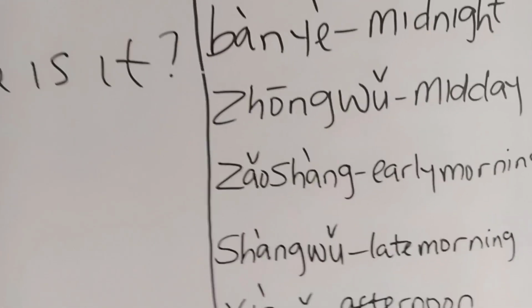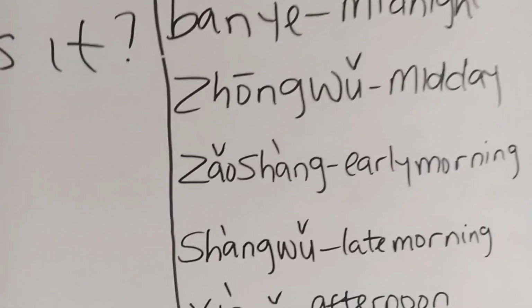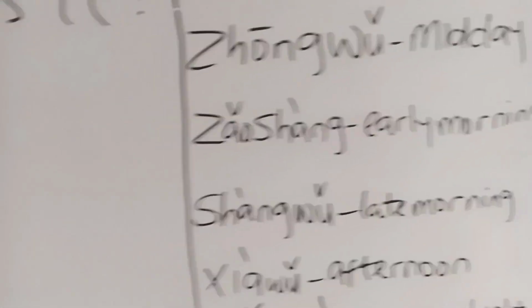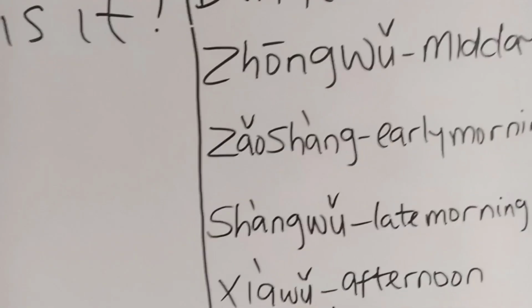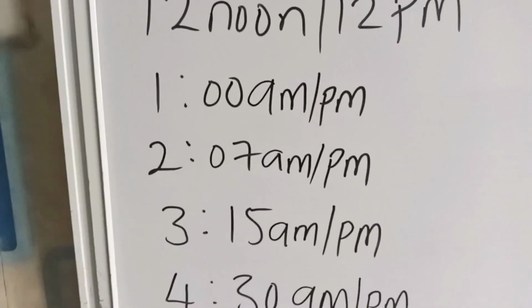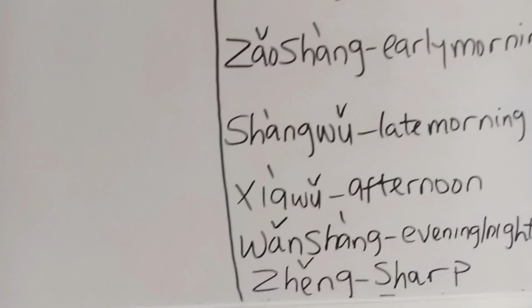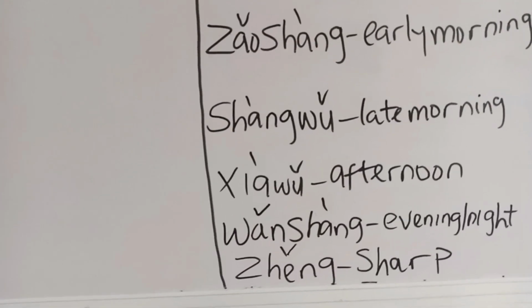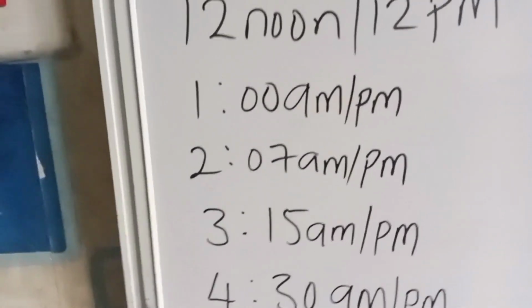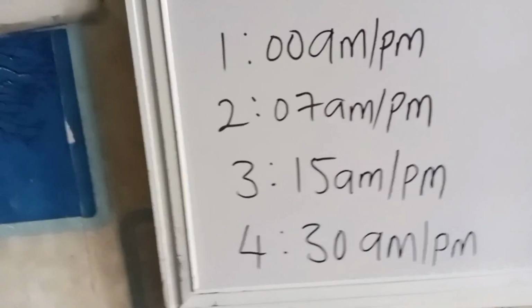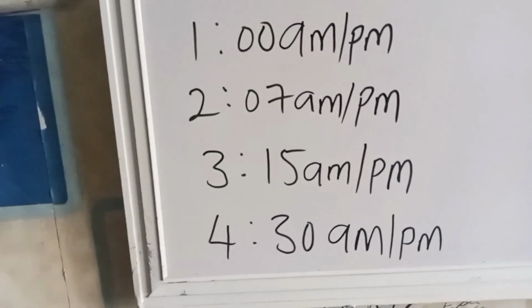When you are saying time, the time of the day, like morning, afternoon, night, is bigger than the time, than the clock. So you say the time of day before you say the time. How you will say this is 现在早上2:07. If you want to say it is PM, you say 现在下午2:07. Then this is 3:15 a.m.